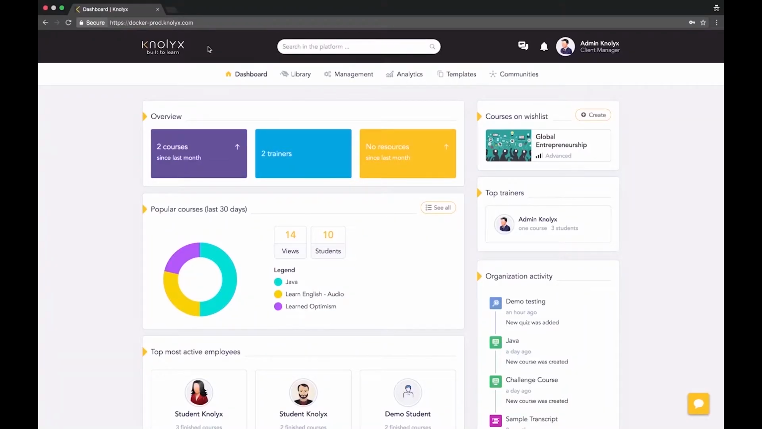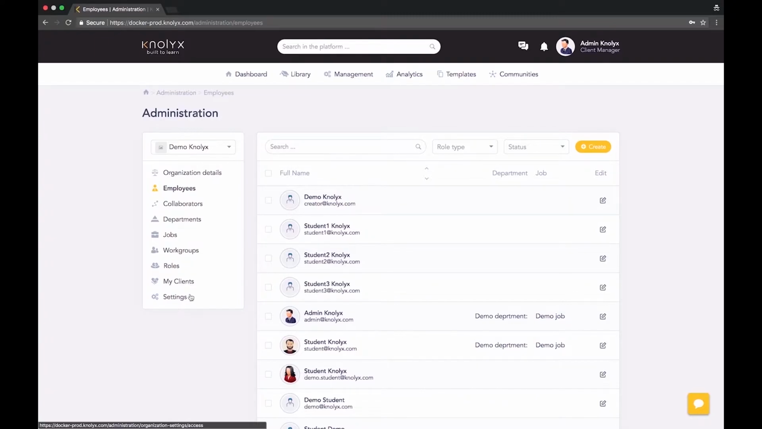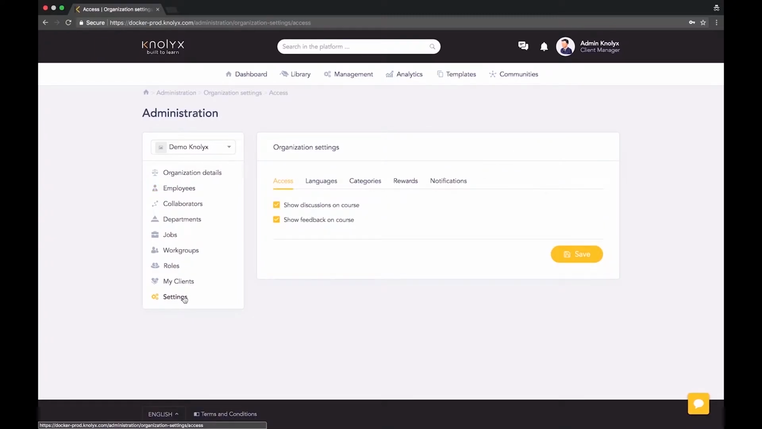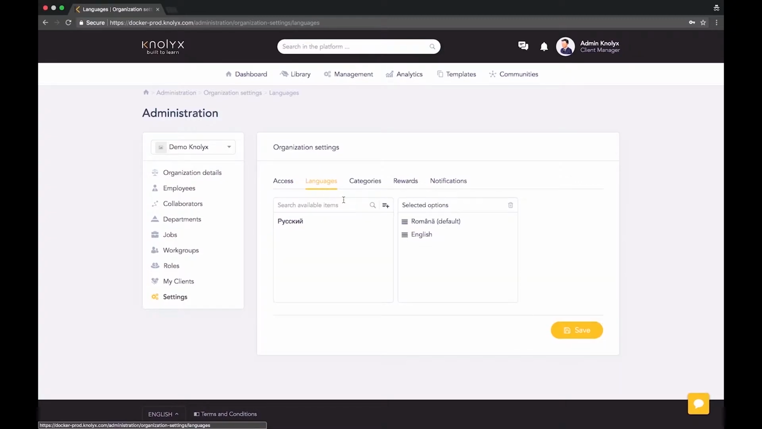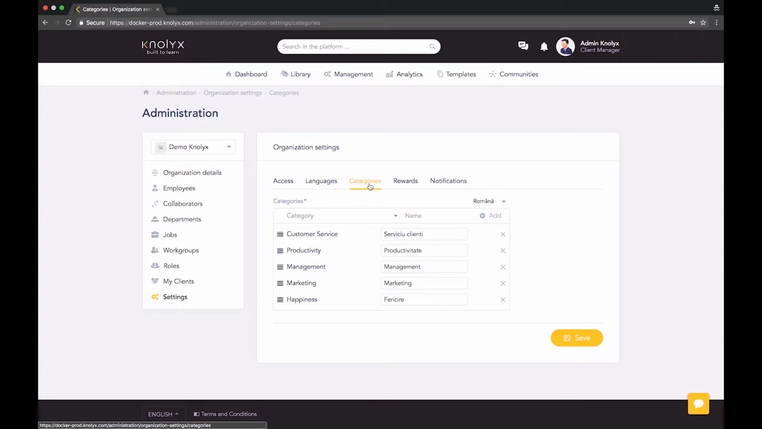Learn how to adjust the administration settings. In the Client Manager account, in the Management section, Administration subsection, you can modify the existing organization settings. The settings are organized into different segments such as Access, where there is possibility to show the discussions on the course and the feedback on the course, Languages, where the Client Manager has the possibility to set the language options that will be used in his organization, the categories that will be found inside the course,